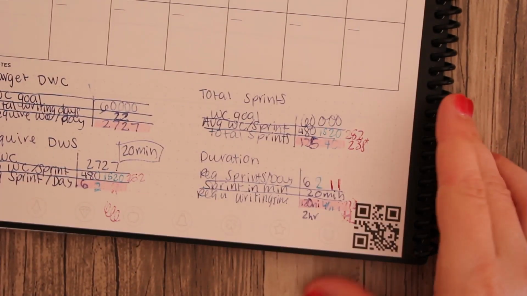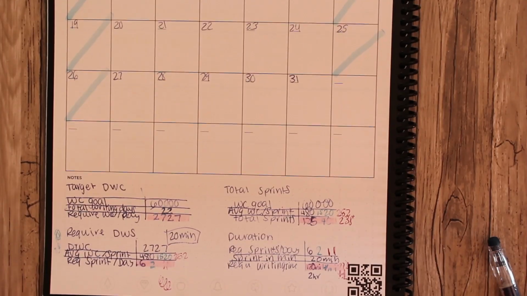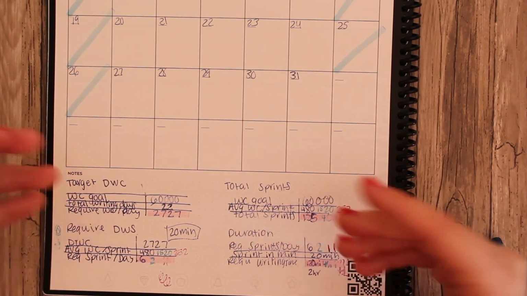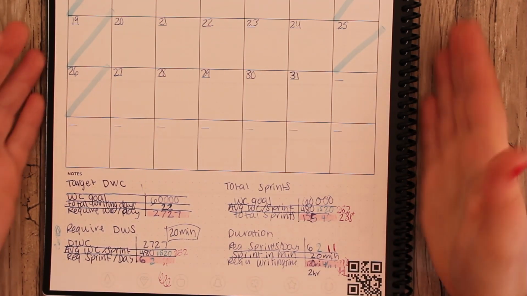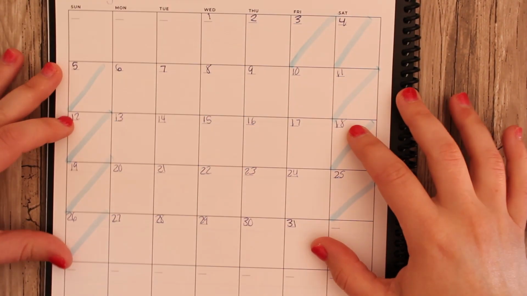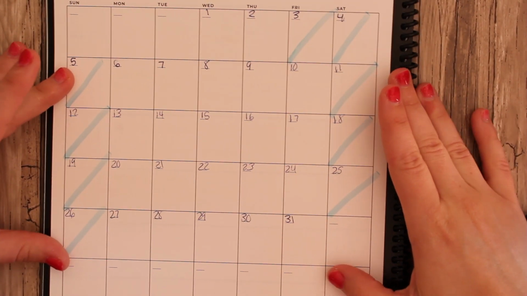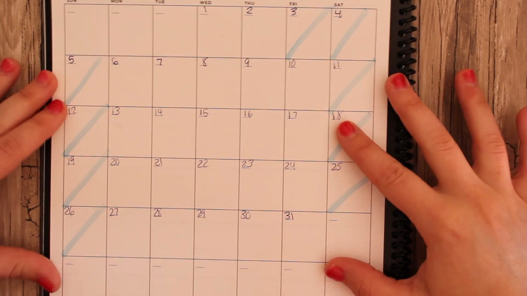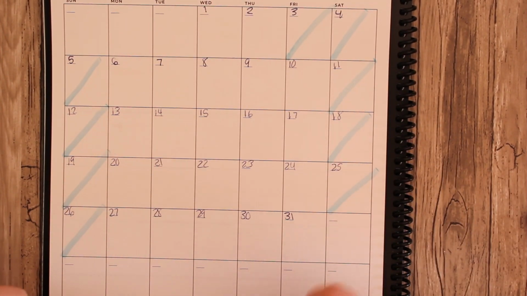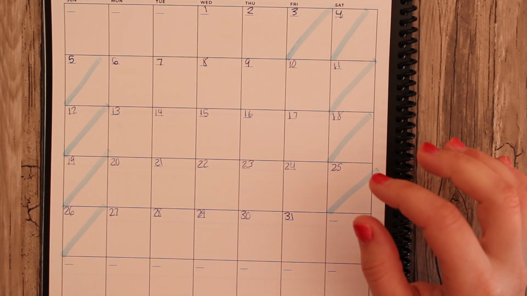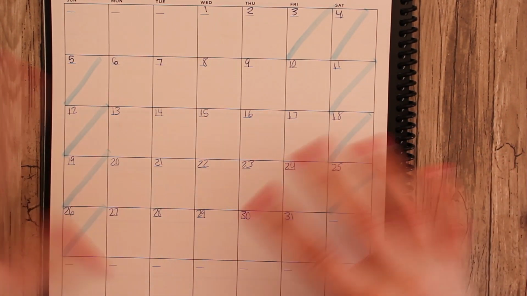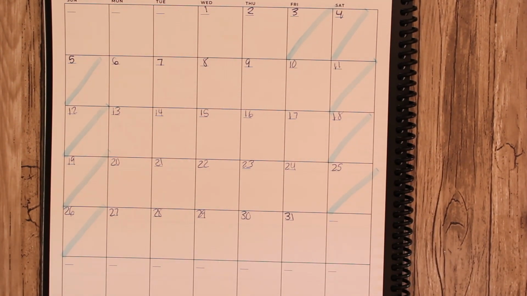So there we have all the data. So you might be wondering, okay, cool, Courtney, I got all these numbers. So what does this actually mean? This means then when you're going into your monthly, you know how much time you need to spend in order to hit your goal in 1 month. So that is my plan, is to get all of this done in 1 month,